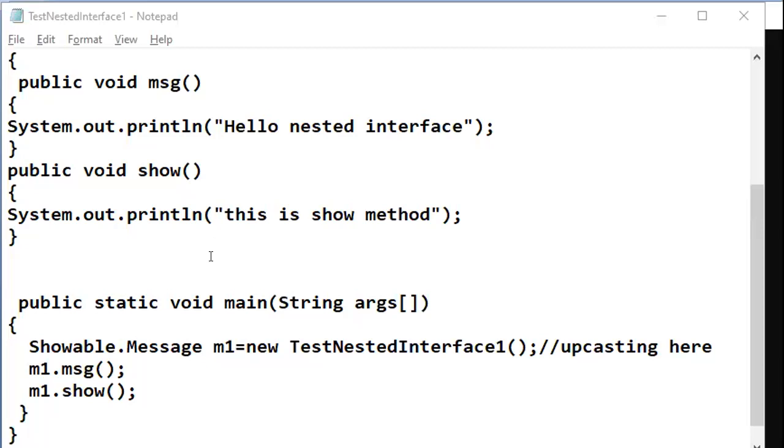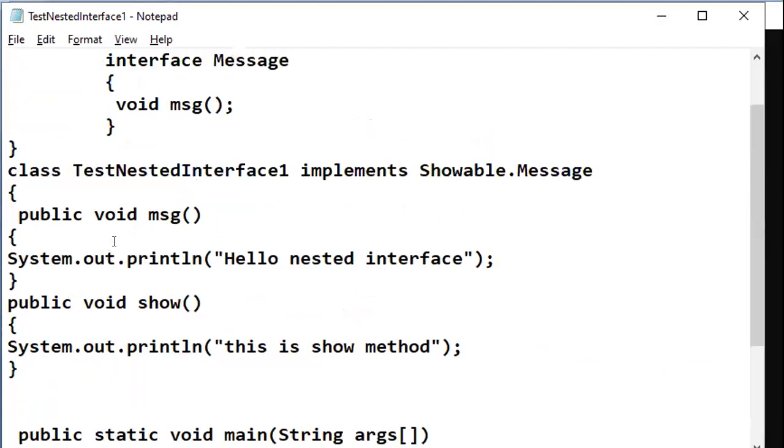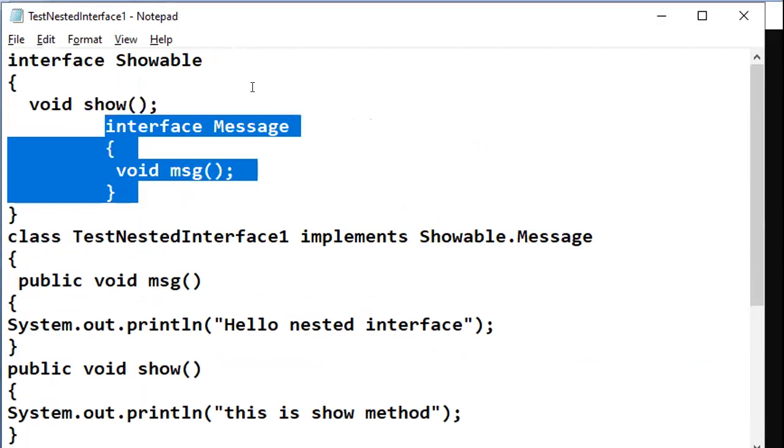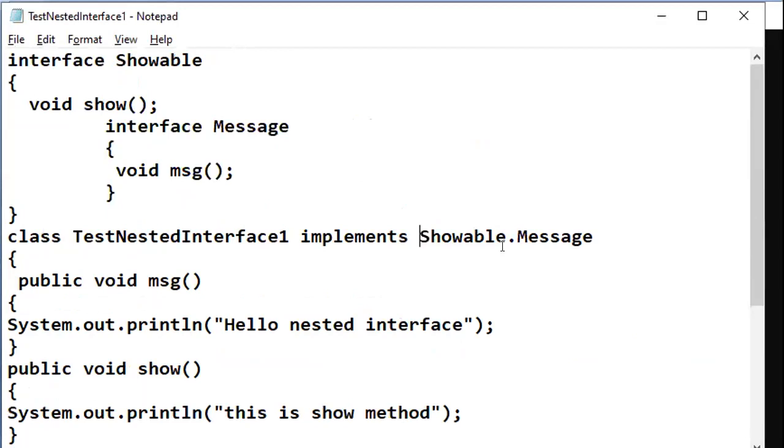Okay, the thing is, this statement might not work here, m1.show, because m1 is the reference variable for this entire nested thing. But we are referring to the show method, which is outside of this inner interface, right? So that's why if we write Showable here, then I'll just try, but not sure that I'll be able to get this. Showable, comma, like that.